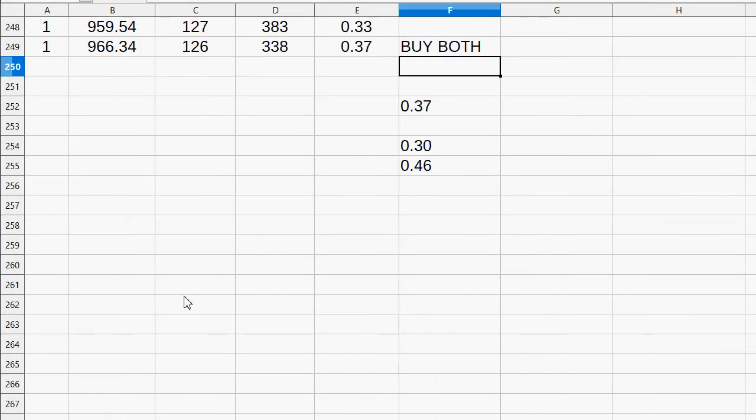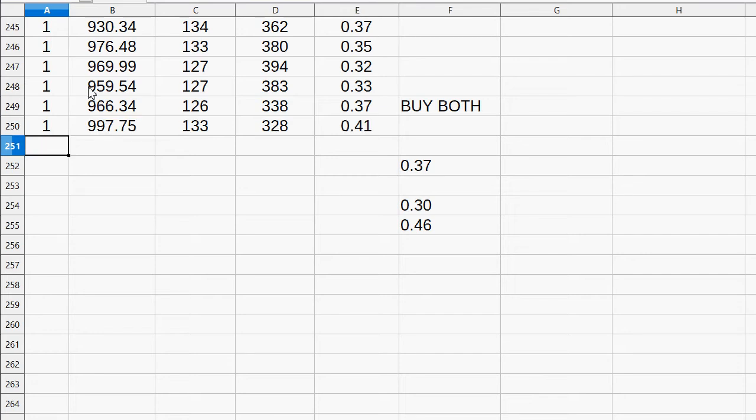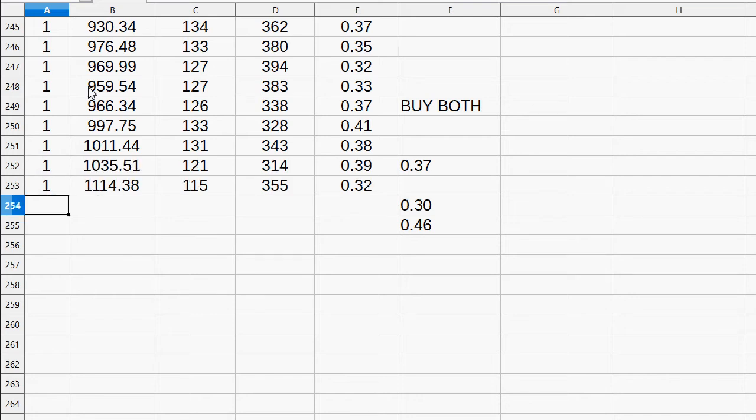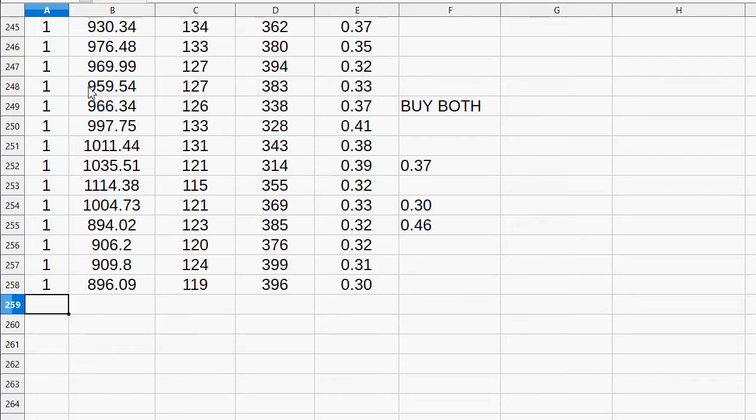This is where I'm going to make sure that I don't lose control of the ratio like I did before, because these things are going to start to move relatively wild. And we're only on day number 250, so I think we're still many days away. It may be at the end of this part or at the start of the next one when the ratio gets really wild. We're looking for a break below 30 or a rise above 46 at this point, and we got 30 exactly,